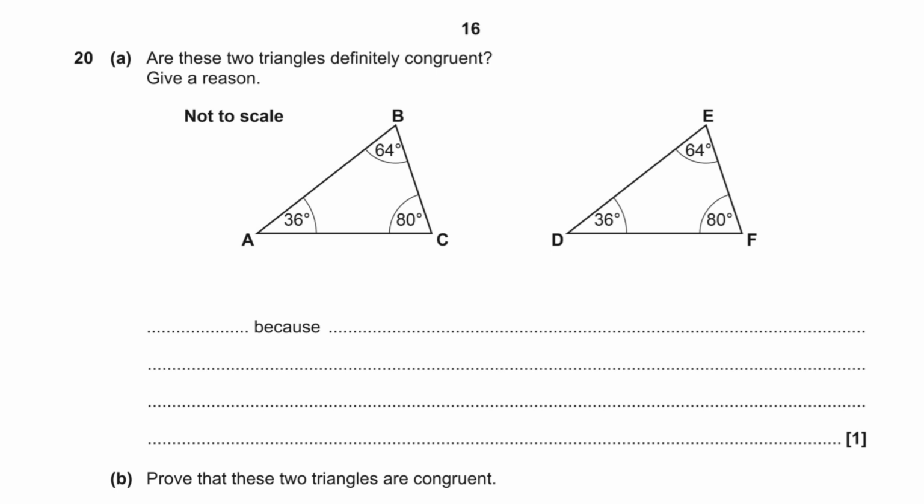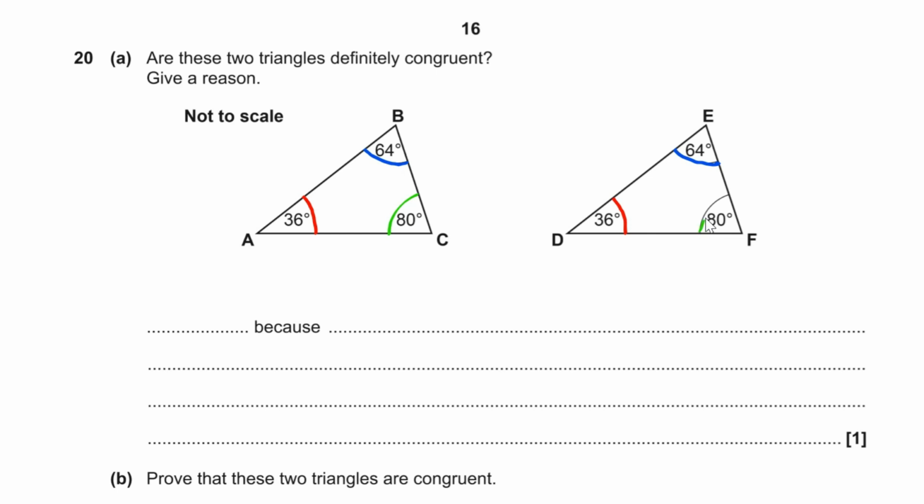Question number 20 for part A. Are these two triangles definitely congruent? Give a reason for your answer. Well, what you can see is that although the corresponding angles here and here, also here and here, and also here and here,